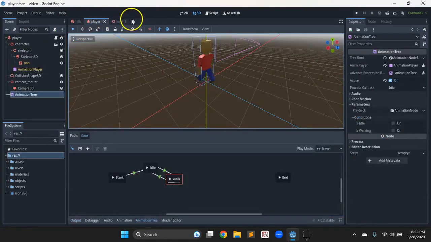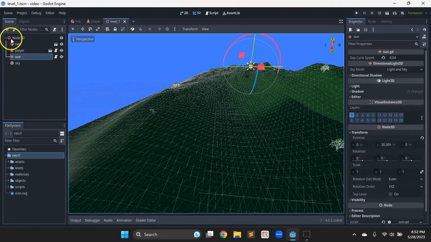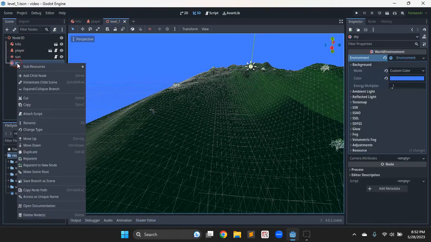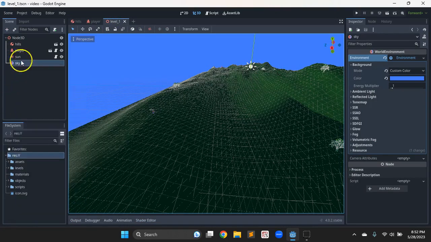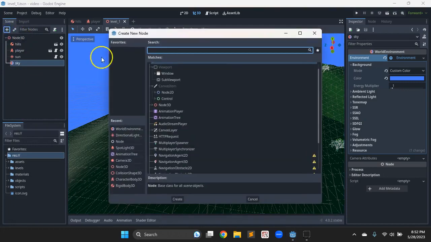Earlier we created a new scene, then built everything, then brought it in. There is a thing where once we set things up, if we right click here in Godot, after we make it, we can save it as a scene. So I'm just going to make it right here so I can see it against other things and then save it as its own scene later. So I want to make